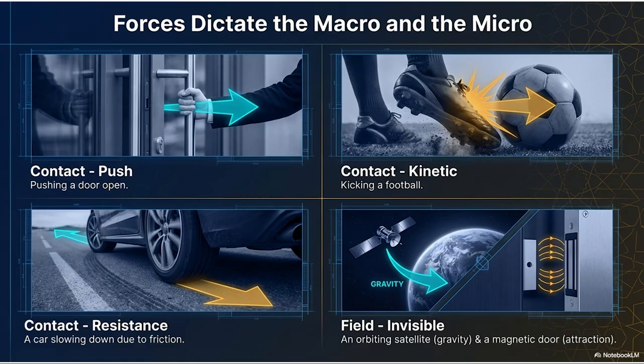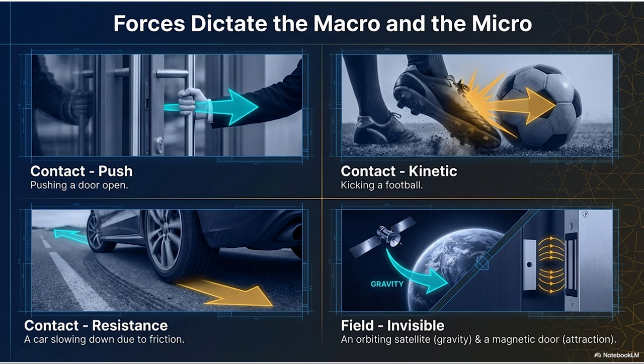Okay, yeah, and the research also points to magnetism, like a magnetic security door in a highly restricted building. There's no mechanical latch. There's no metal deadbolt sliding into a frame. Right. It's just a heavy metal plate held flawlessly tight against the wall by a magnetic field. Exactly. And the profound takeaway for the engineer here is this. The math does not care if the force is visible or invisible. Interesting. It doesn't care if you can touch it or not.